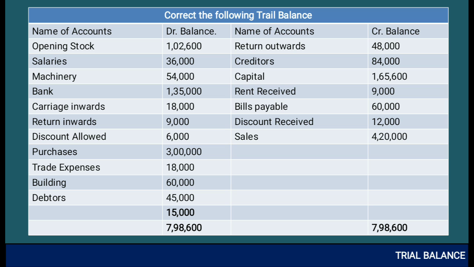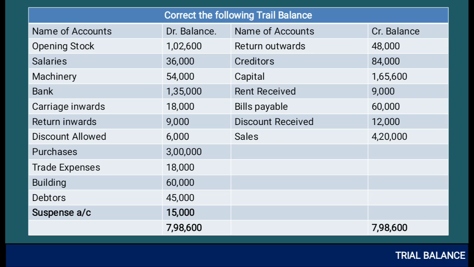There may be one more question, sir: if the sum of debit side is more than the sum of credit side. In that question we have to note down that balancing figure at the credit side, and write the same thing there, because suspense account can be a debit balance or a credit balance. There is no fixed place.